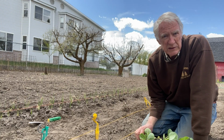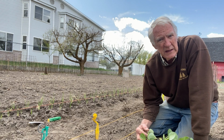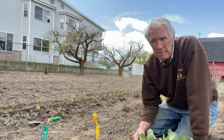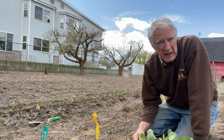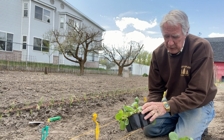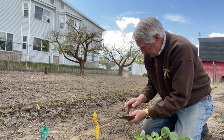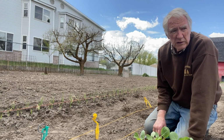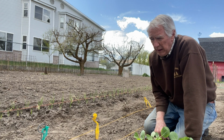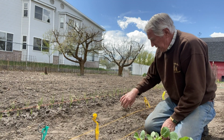These cabbage plants are some that I started down in my dungeon. Looking at the date on these, I started these about the middle of March, and it's now the 6th of May, and so they've been growing for a little while. They're pretty nice, healthy looking plants. And so to plant these, I've measured off my distance. I usually like to do 18 inches to 24 inches between the plants. I'm doing 18 this year just because that fit my row the best. So when I plant these,